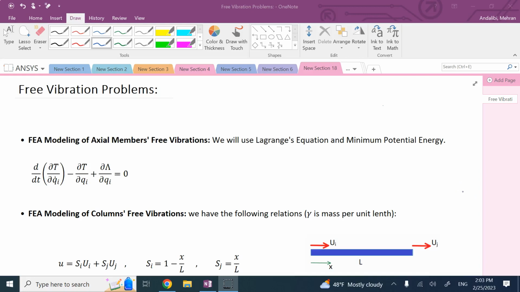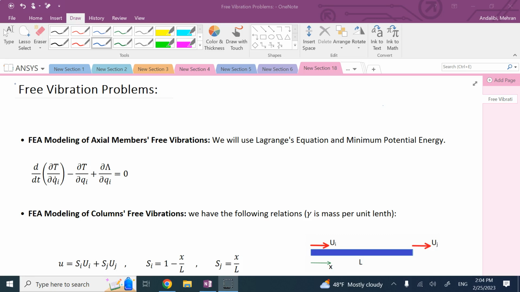Hello everyone. In this video we are gonna talk about free vibrations problems. The objects that we're gonna talk about, the parts, are gonna be columns, beams, and frames, the axial members. In one of my previous videos you have seen the static analysis on them, and we found the